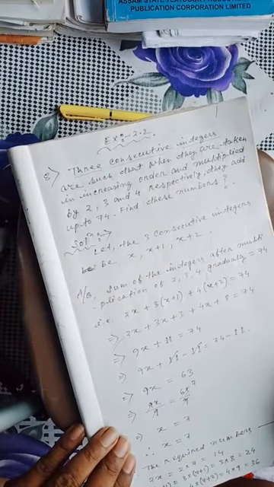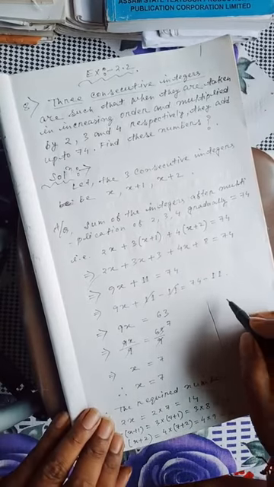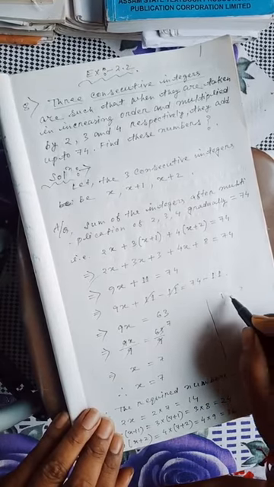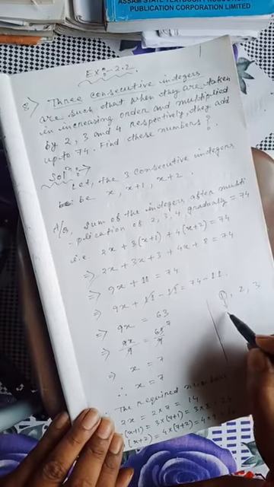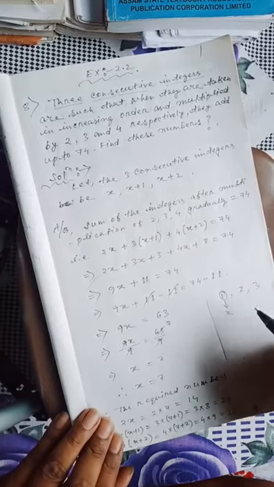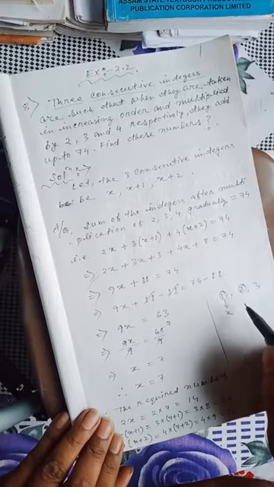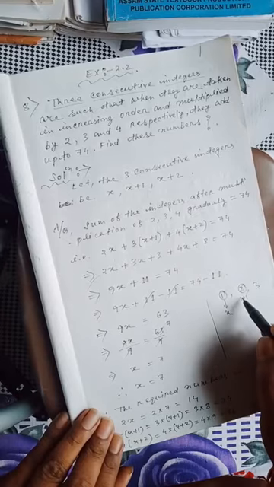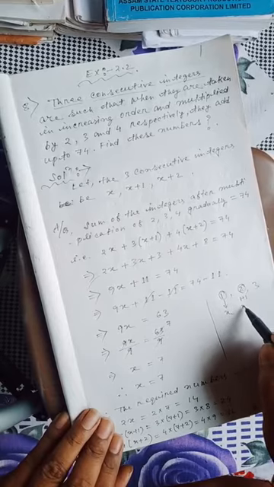So three consecutive integers we can declare in many ways. You see, I am showing here. Suppose I am considering 1, 2 and 3. If you consider this one is x, then just express the second one in terms of the first one. 1 plus 1 equals 2. So firstly you declare this one as x, then the second is x plus 1.